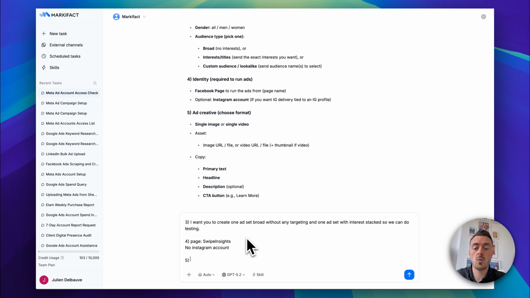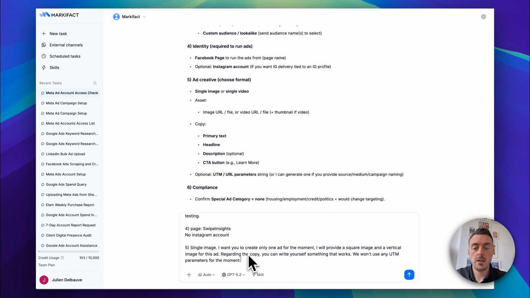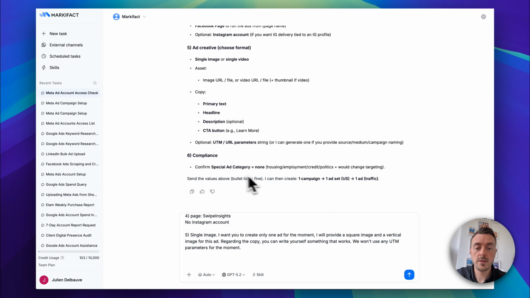So you see the agent walks me through everything it needs from campaign level to ad level to be able to create the campaign. So single image. I want you to create only one ad for the moment. I will provide a square image and a vertical image for this ad. Regarding the copy, you can write yourself something that works. We won't use any UTM parameters for the moment. All right, and then compliance,